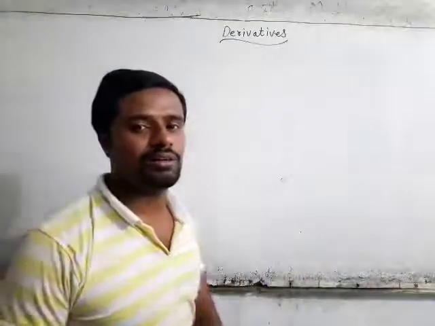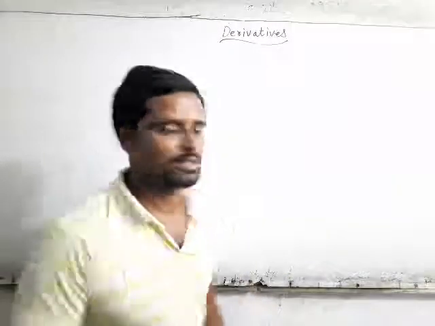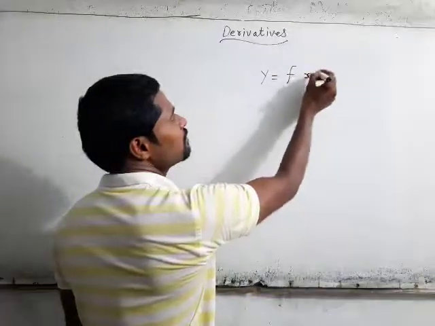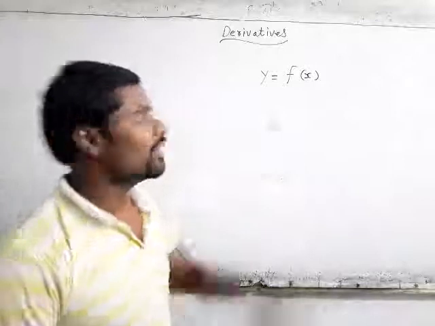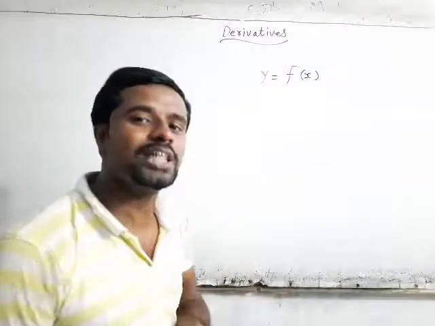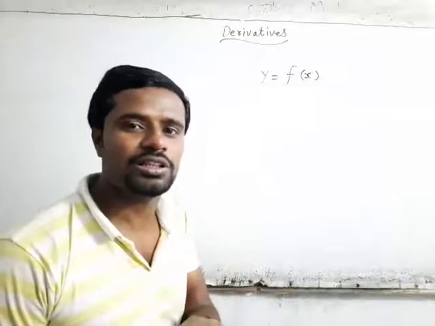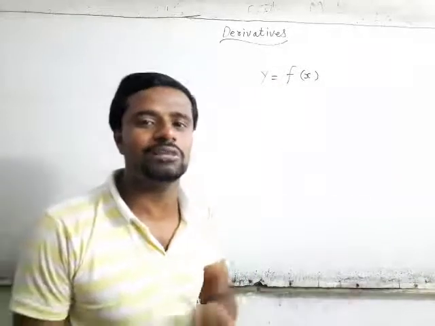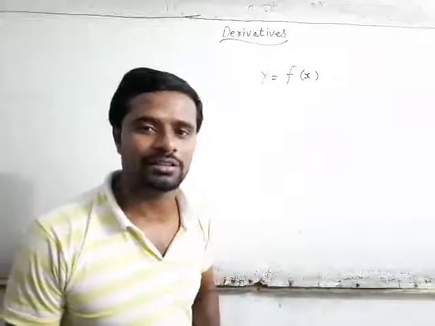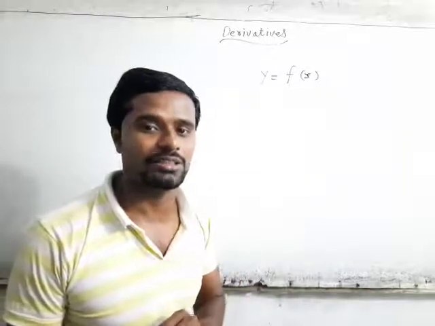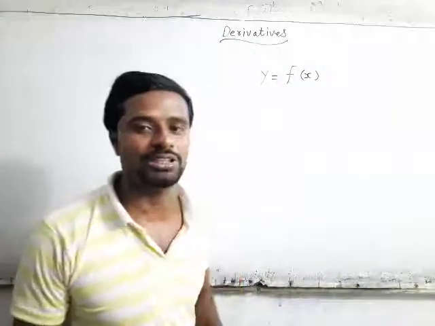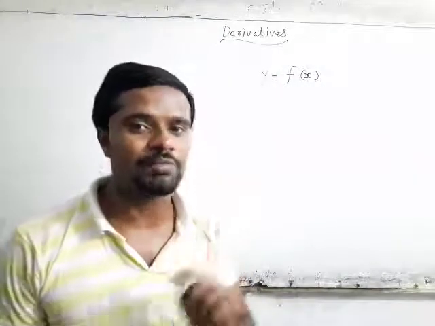Now suppose a function f of x. Suppose y is a function of x. What is y? Y is a function of x means y is an equation in x. Function means an equation only, given the name function because several powers of the variable are there, x power 4, x power 3, x power 2. That's why function is mentioned, not linear. Linear means the power of x is 1.